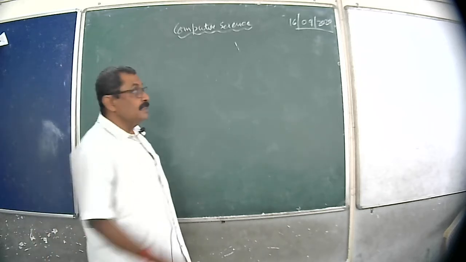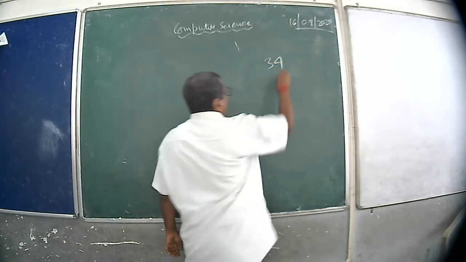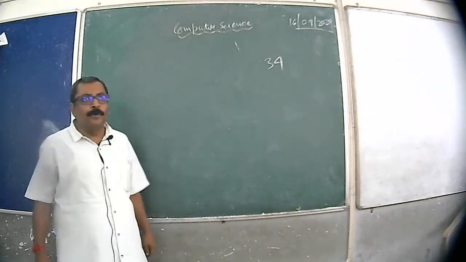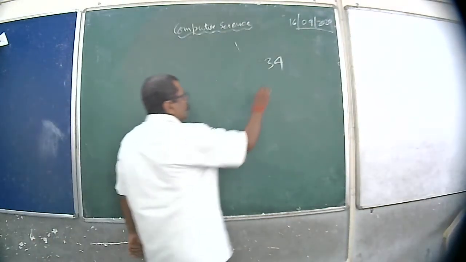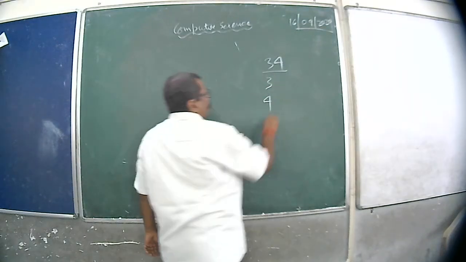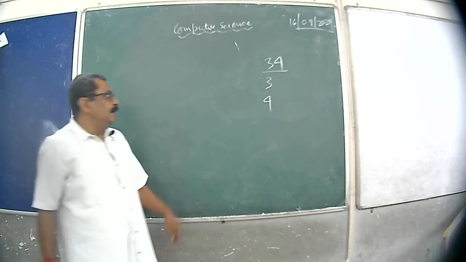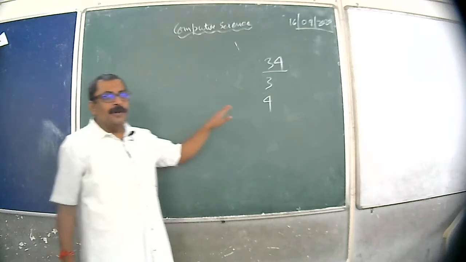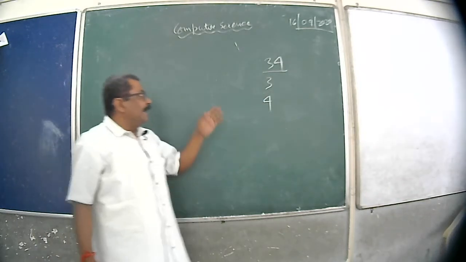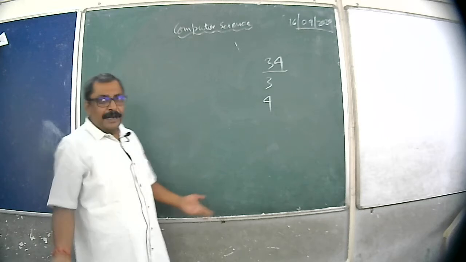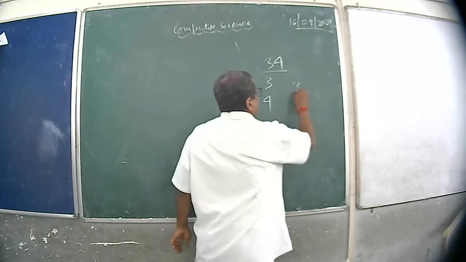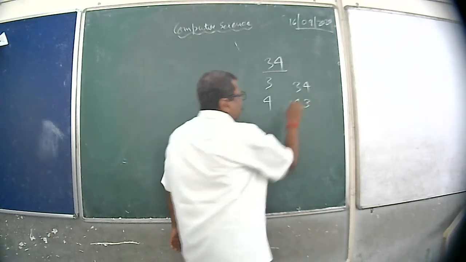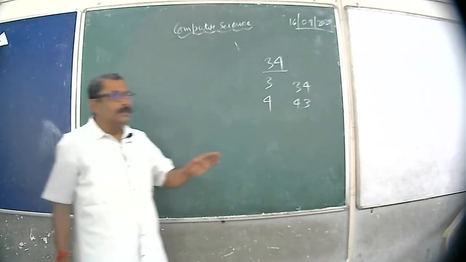Last class, there was a program where a number should be accepted, and we have to print the digits. From 34, which is a number, there are 2 digits, 3 and 4; that can be any number. Now, if we want to change certain things in this program, we can print the number in reverse order. Say for any number, if it is 34, our output will be 43. So, that is our target for this part of the program.